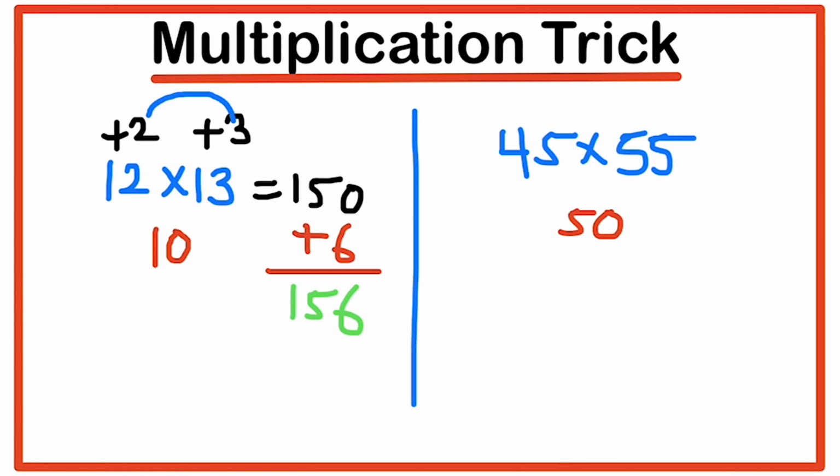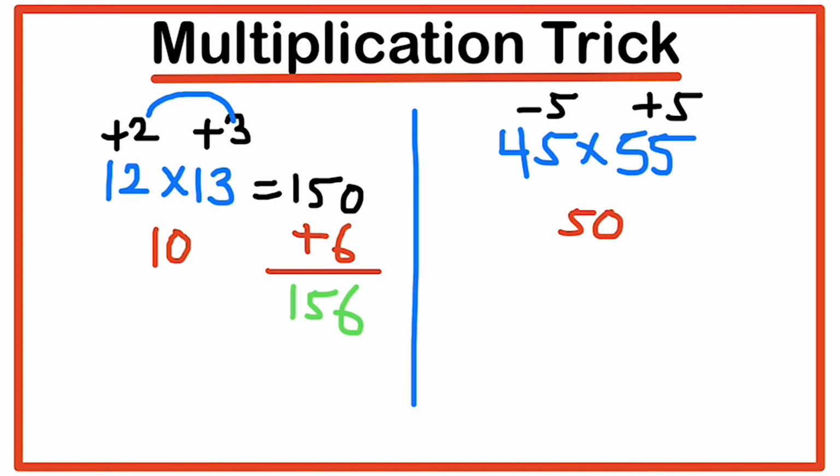It took some time because I explained it step by step. So see the other example. In the other example, we have taken the base as 50, right? So how can we write 45? 45 can be written as 50 minus 5. So we just have to write minus 5 over here, and then here we have to write plus 5, because the first number is 50 minus 5 and the second number is 50 plus 5.